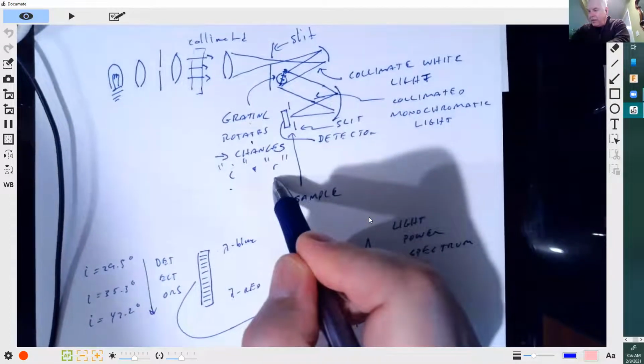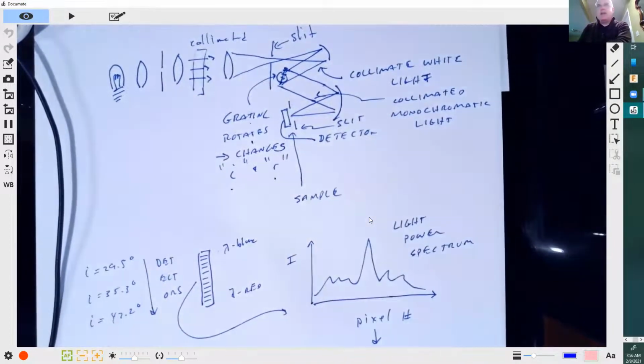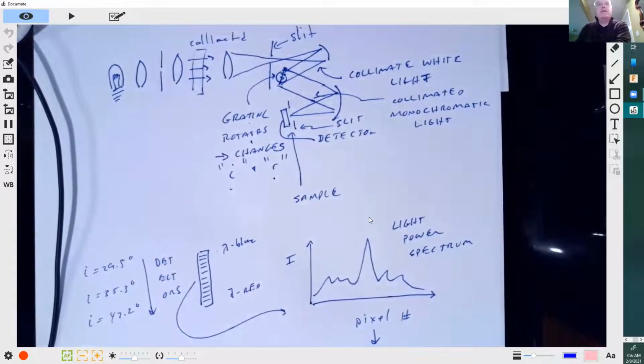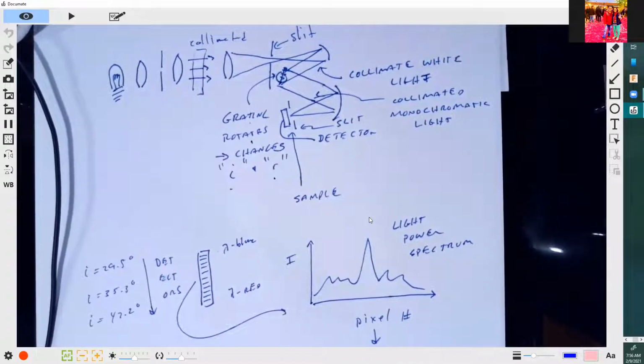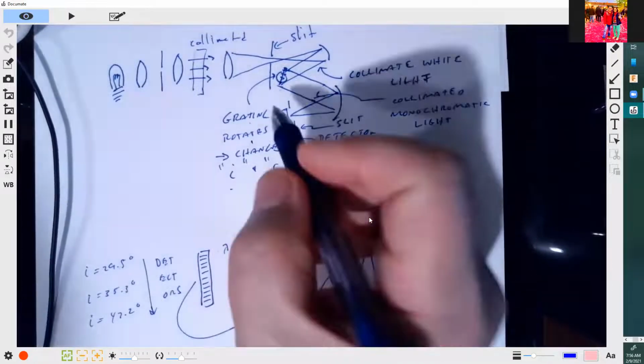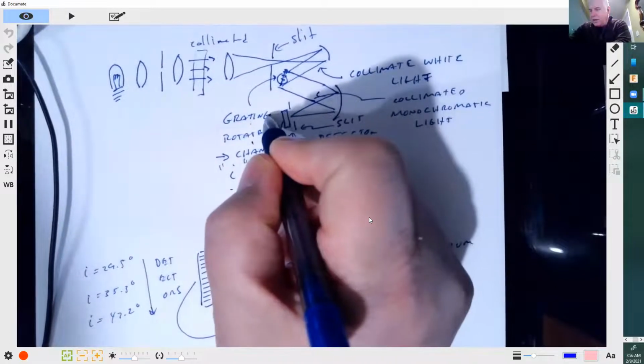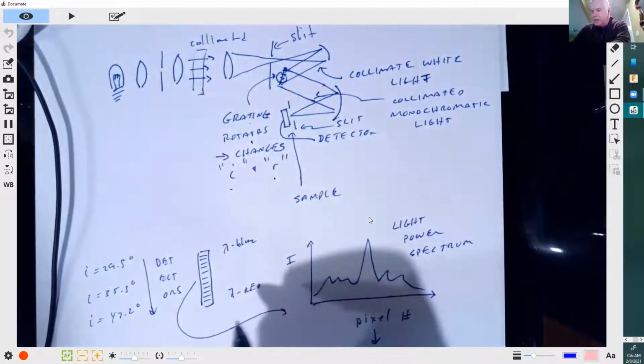The angles I and R. I kind of defined them above. Okay. What is a grating in this case? The grating is